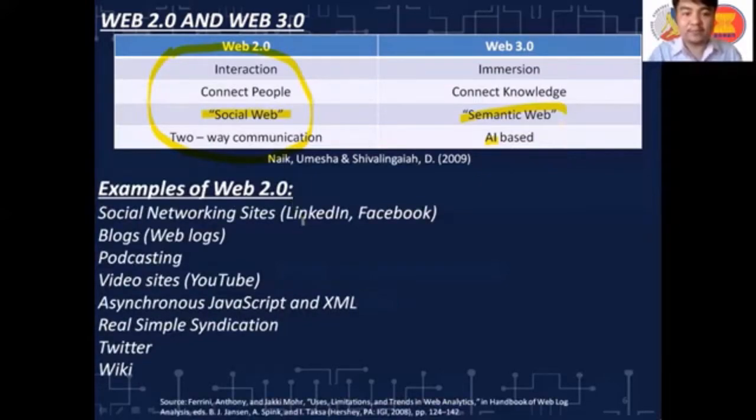Examples of Web 2.0 as we have discussed, nangunguna si Facebook at si LinkedIn. Now, you may explore. Pag po ba tinype ninyo yung name ninyo, ano yung unang lumalabas sa Google search? Facebook or LinkedIn? So, paki-explore na lang po. Sa case ko po kasi, pagka yung sa name ko po kasi, LinkedIn yung unang lumalabas eh. So, meron po silang metrics para doon.